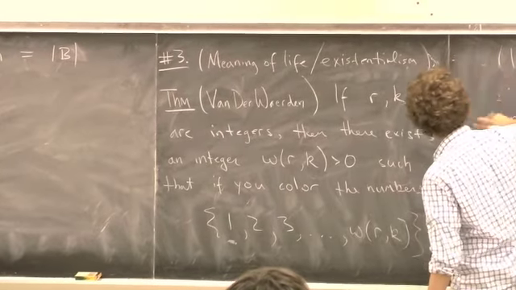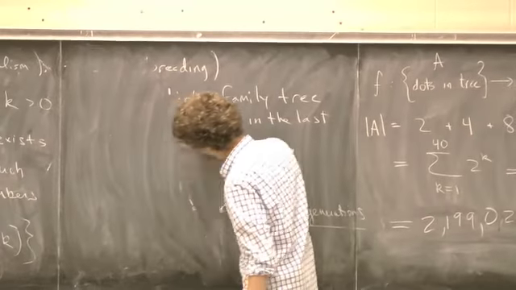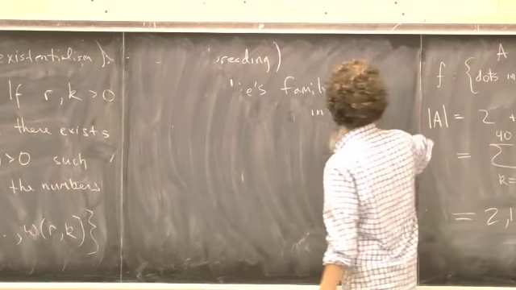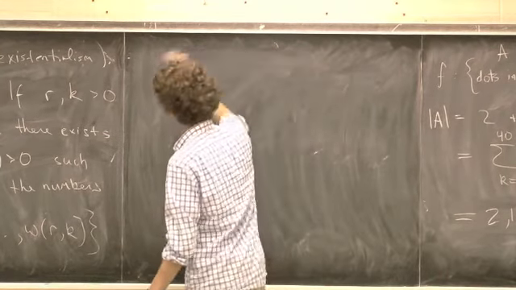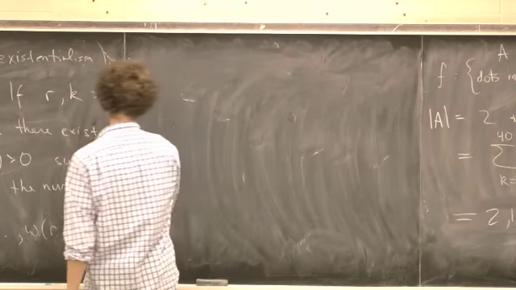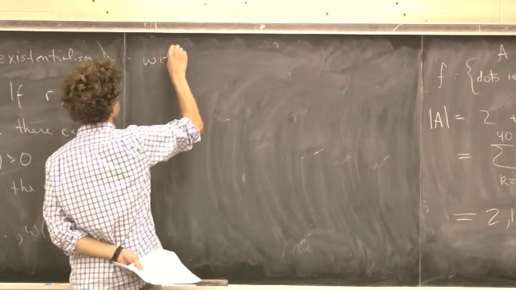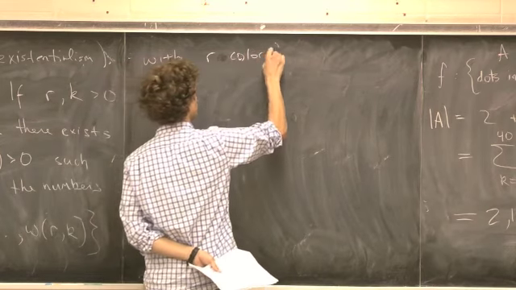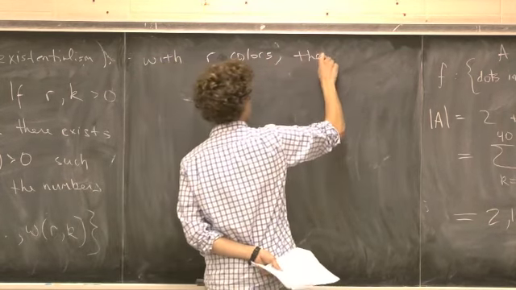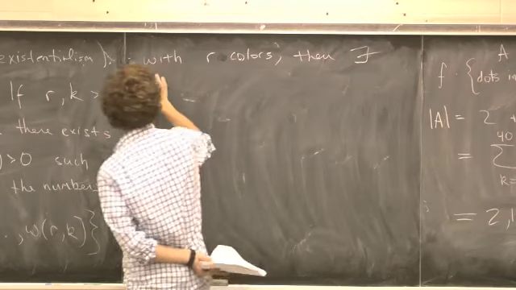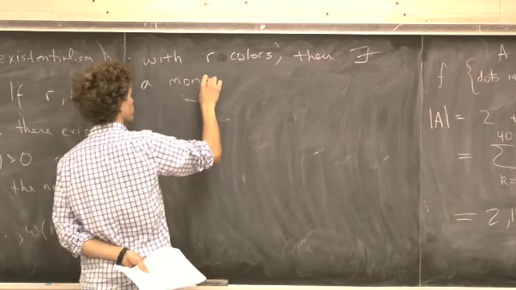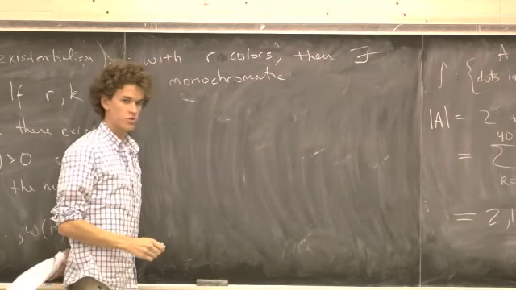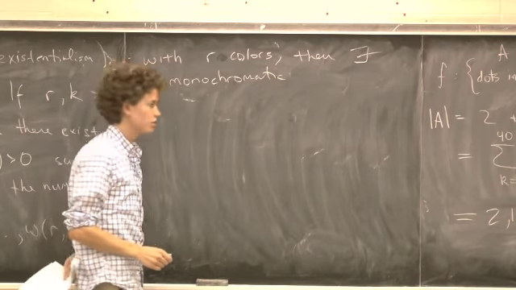There's a cliffhanger. I should say how many crayons are in your box. You only get R colors. Color these numbers with R colors. Then there exists a monochromatic, which is just what you think, all the same color,